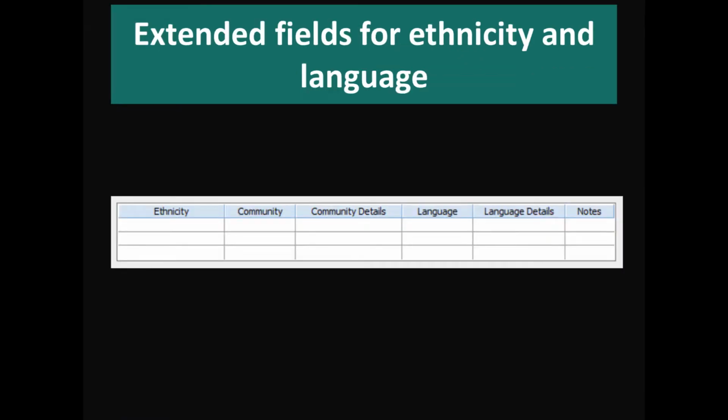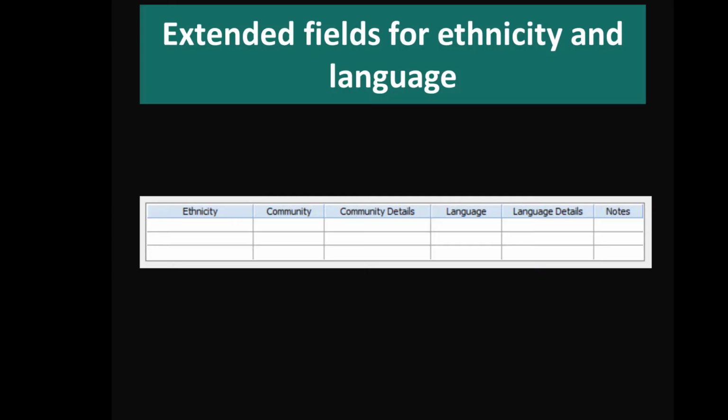We've extended the person file. That's becoming more and more important for our clients as their detail on biographical information of contacts that relate to the collection grows. So we've added more fields for recording ethnicity categories and languages to person records. So you could imagine for an Aboriginal artist, for instance, you might describe their particular affiliation to a group within Australia and one or two different languages that they speak.